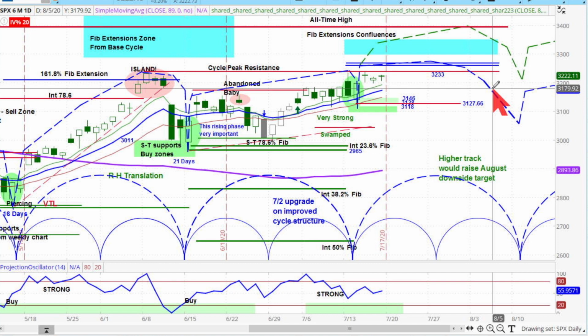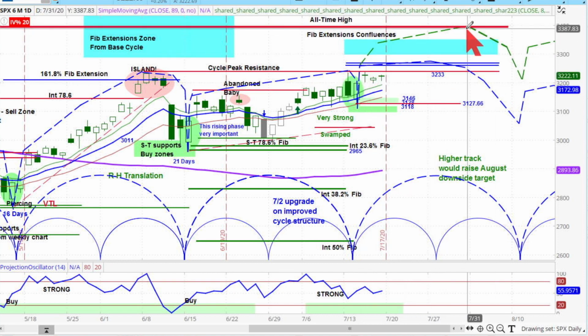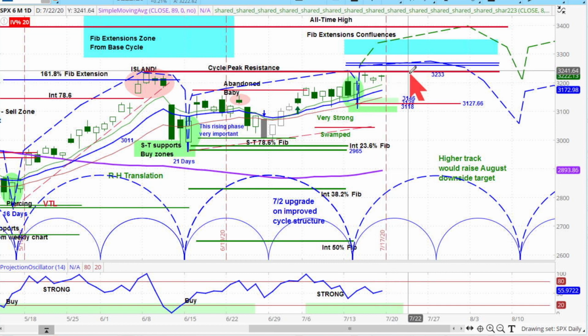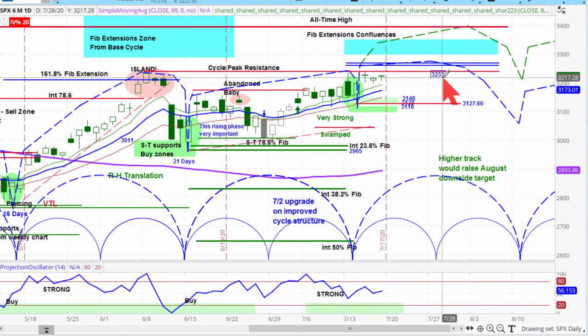Now, this scenario right over here is a pretty rosy scenario where you get up and test that all-time high up over there around 33.92. This scenario is a more reasonable and likely scenario where you can continue up right over here. You either test that old high right over there of that high at 32.33, or you then could potentially get up to this area of around 32.60 to 32.70 right in there. To me, this is a more reasonable projection of what I expect,